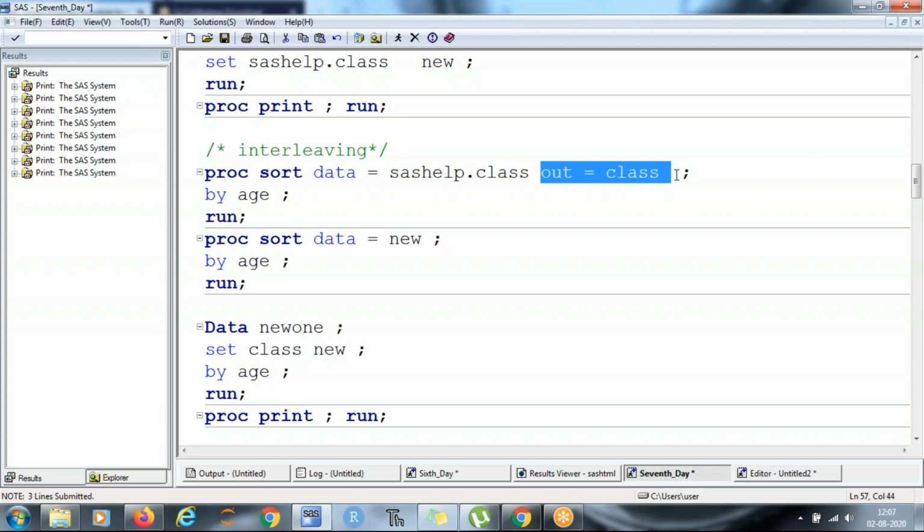But if we need to access a permanent data set, right? We can access it, but we cannot make any changes to its structure. So by sorting, you are trying to play with the data where it is stored, and this is not allowed in the organization as well.